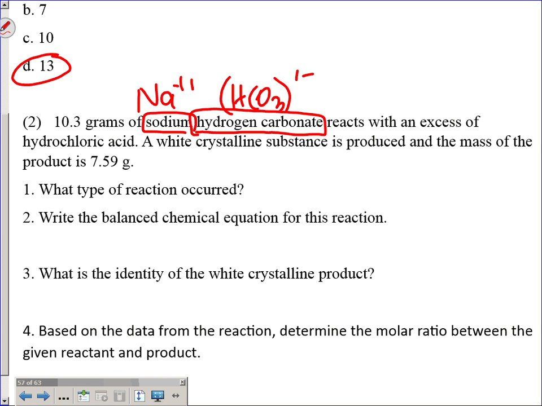A white crystalline substance, it's just saying go ahead and proceed for the rest of the problem if you're able to. Then you have to start. I think it would be